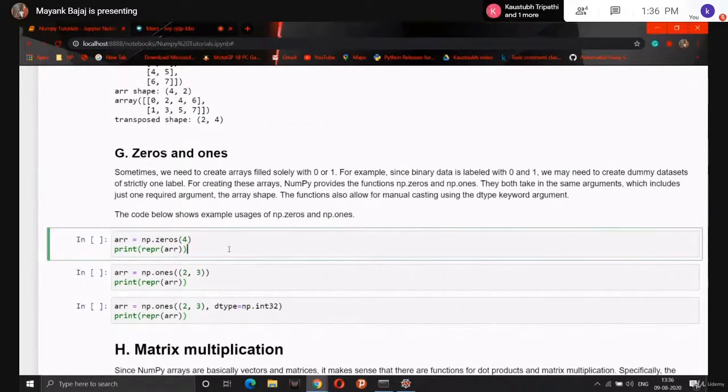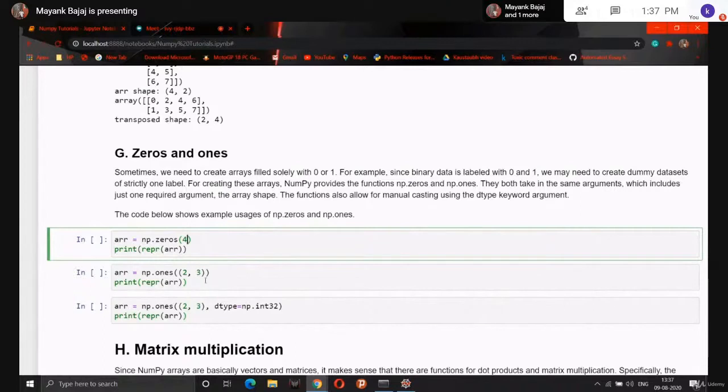But guys, this is very simple. We just need to pass how many we want. We have to use the np.zeros function, zeros, not zeroes, and we have to pass the shape in the first argument. It will print the array of the same shape.